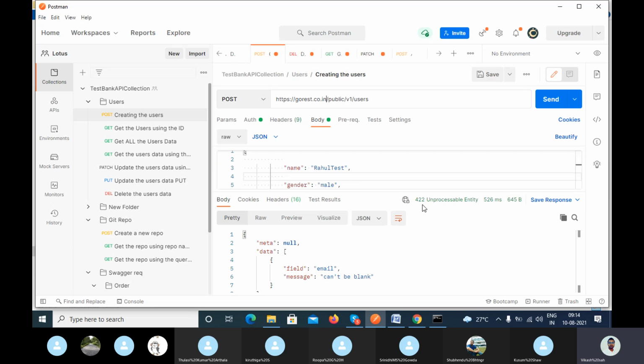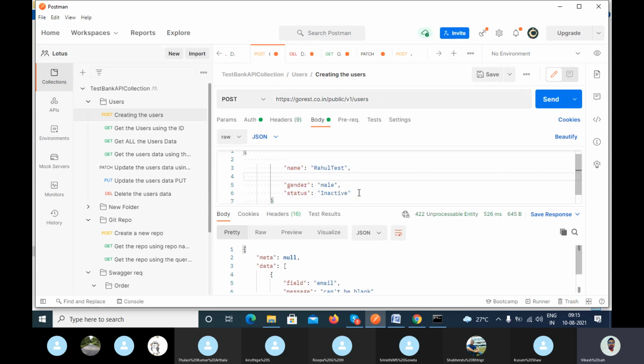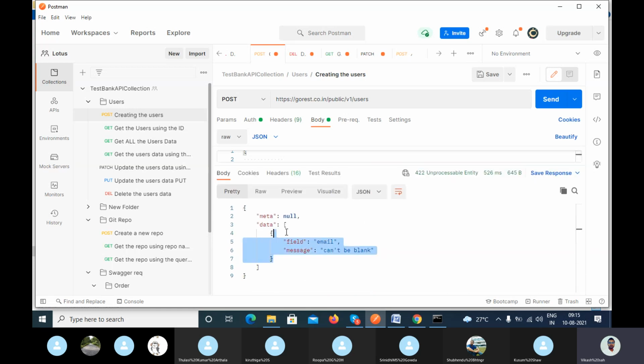What scenario have I applied here, guys? I have not passed the email ID, and email ID is mandatory. You can see it here. That's why you will get 400 bad request.